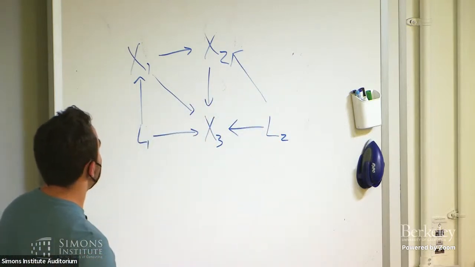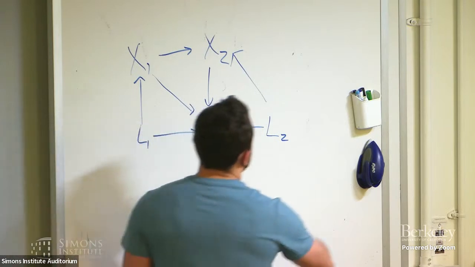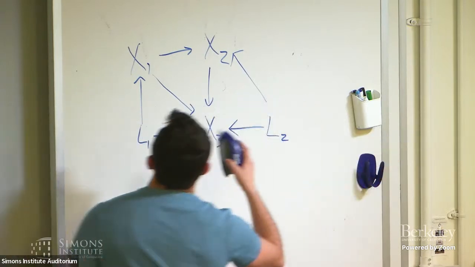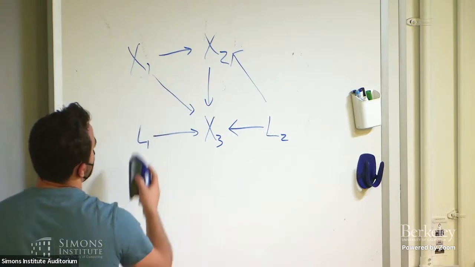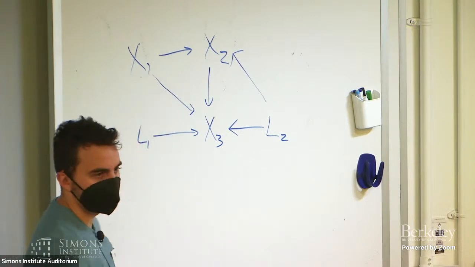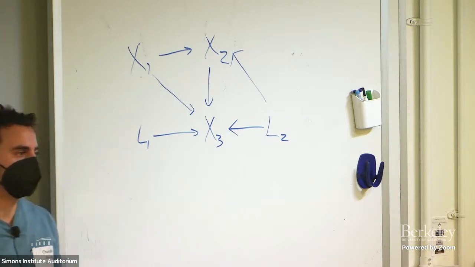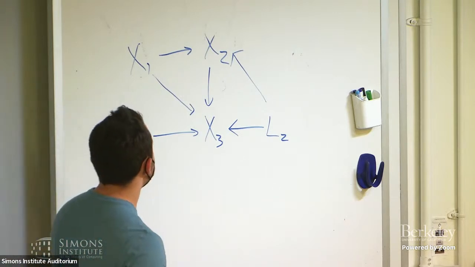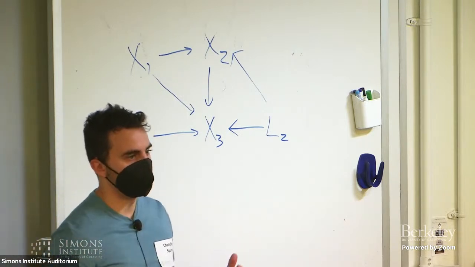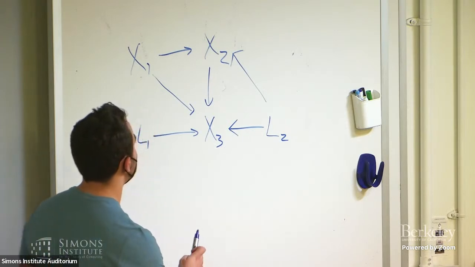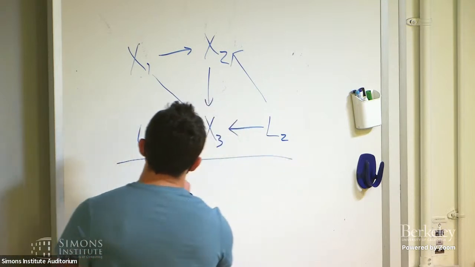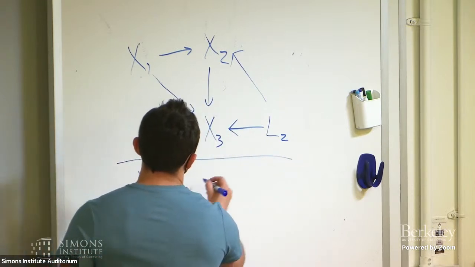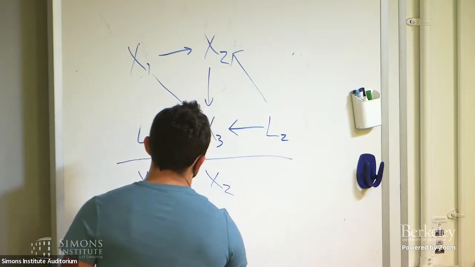Right, so if we perform a do operation on X1, we will cut off this edge, but that doesn't give us any new conditional independencies. So we still have, and this will happen in both graphs. So even if we were in this graph where we didn't have the edge between X1 and X3,